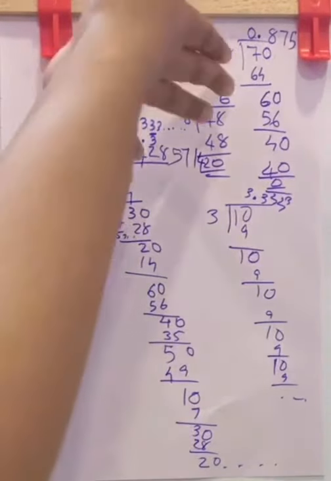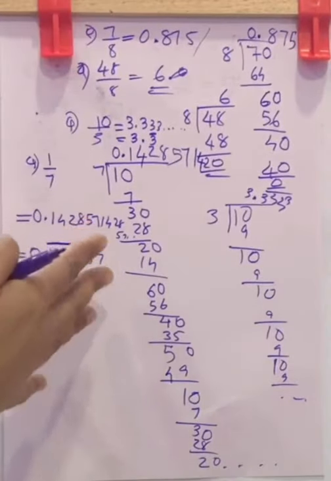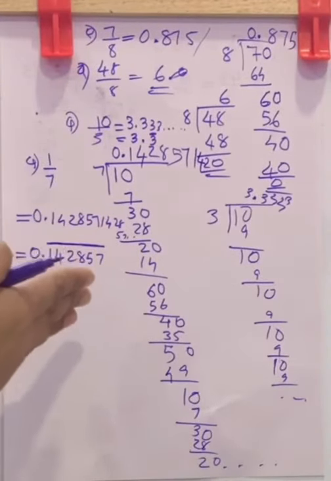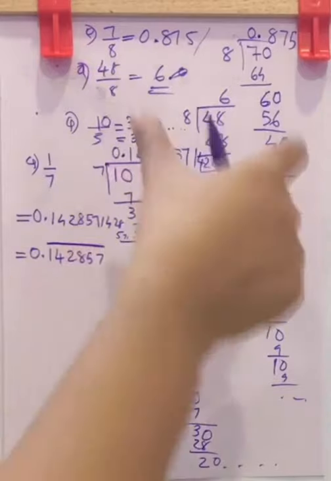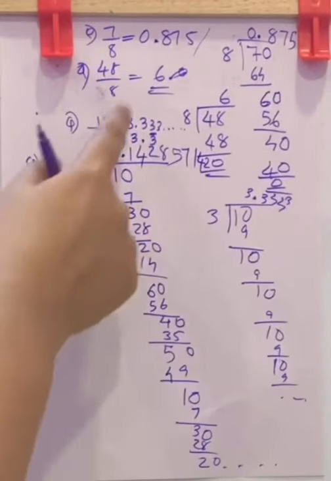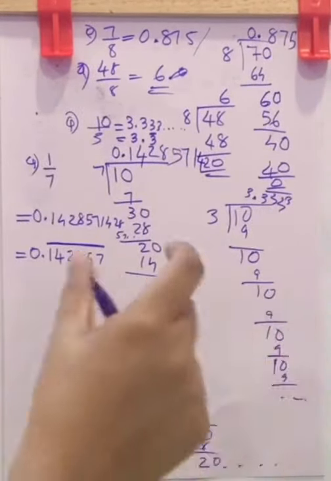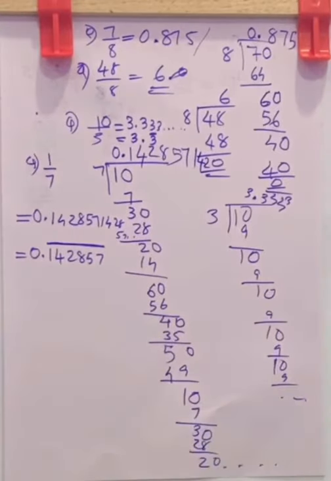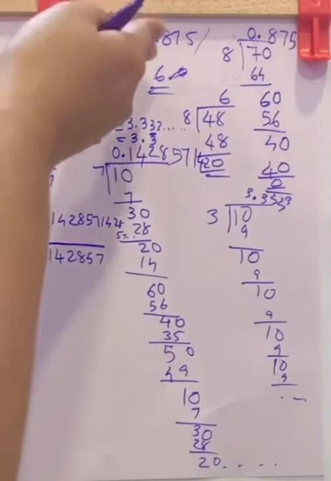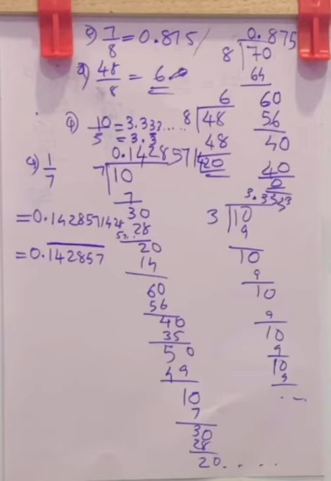This is terminating decimal expansion. This is non-terminating decimal expansion but repeating. Here you can find it is non-terminating but it repeats a set of numbers. So you can say a rational number consists of terminating decimal expansion and non-terminating but recurring decimal expansion. These two types are rational numbers.